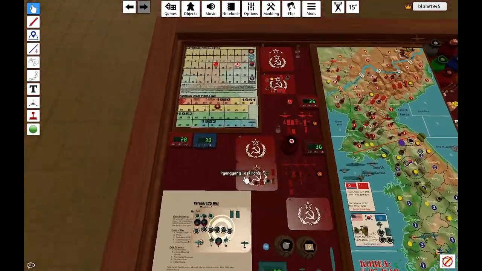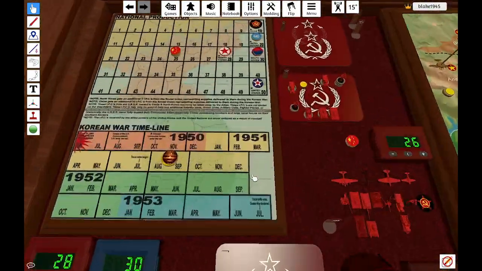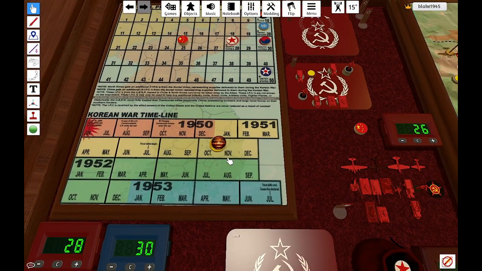Okay, so scoreboard, Communist 28, Allies 30. Allies are winning. We are now going to move on. So ignore that this next turn is going to be 3 months. It's only going to be 2 months. So we're now going to turn 9, which will cover October and November of